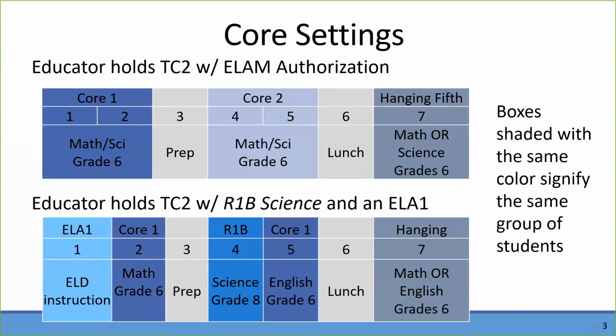Then they have a core that's second period and fifth period is a core. So the same group of students in second period come back in fifth period, and their core this time is Math English, grade 6. And that looks like it's the only core that happens for this teacher, that second and fifth period with the same group of students, and that's okay. In fourth period, instead, they're teaching science, grade 8. So that science class, those grade 8 students aren't coming back for anything else. They're not part of the core, but they're authorized by that supplementary authorization in science.